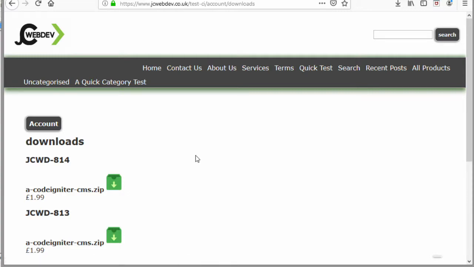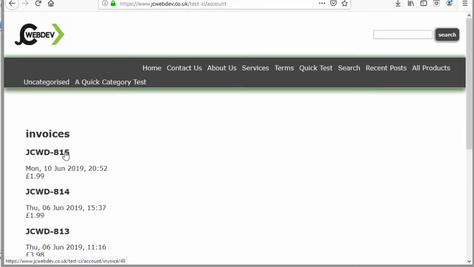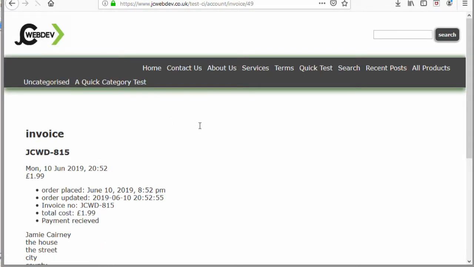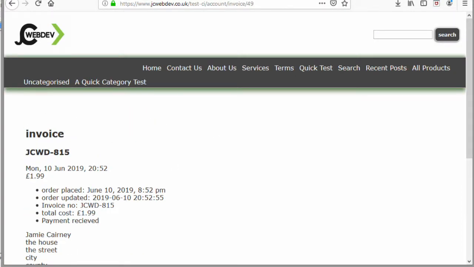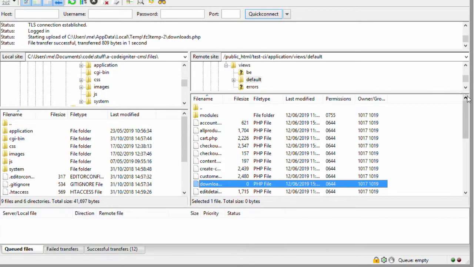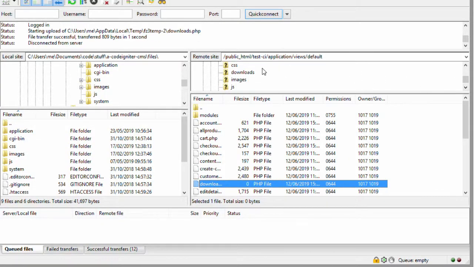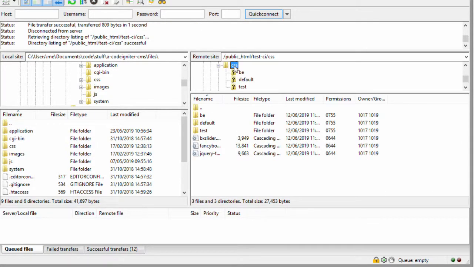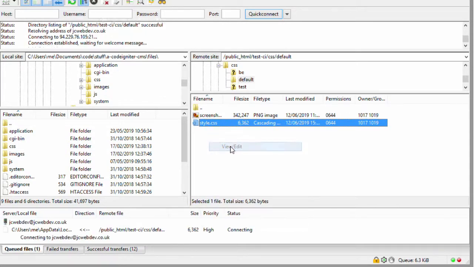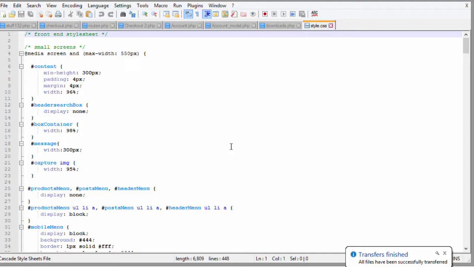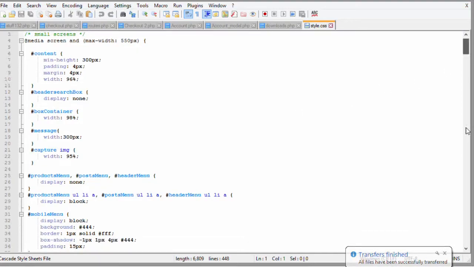So the next thing to do is to style this page, and alongside it, this account page here, and this invoice page right here. We'll style all three of these at the same time. So if we come into application, if we come back out of application into the root of our site, and then into our CSS folder, default, and open our style.css. We want to add in some global CSS right at the bottom of this file,